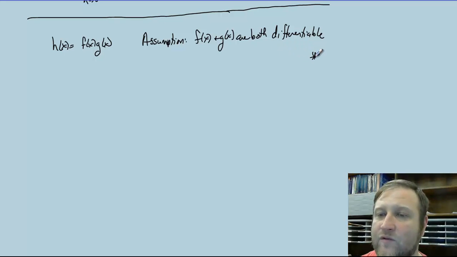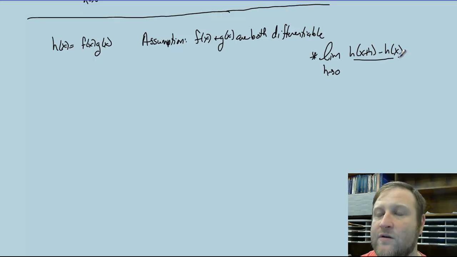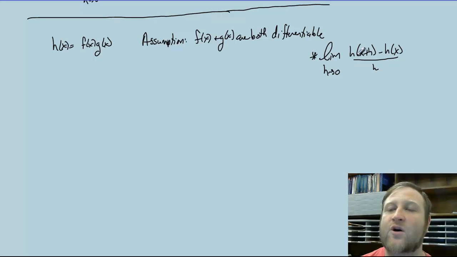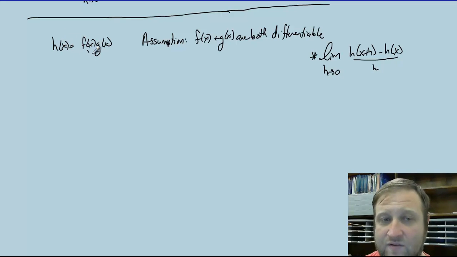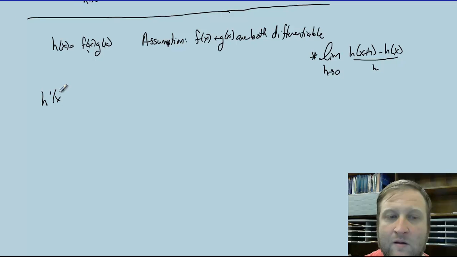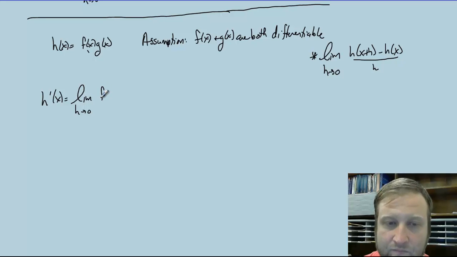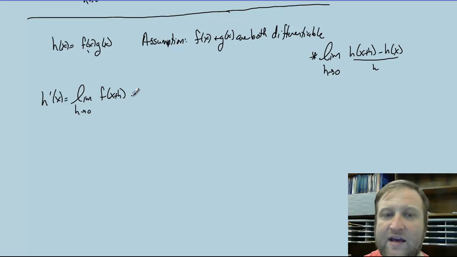So I'm just going to put the rule over here, and I'm going to apply that using h of x being our function. So we're going to have h of x plus h minus our original function all over h. We said let h of x equal a composition of f of x times g of x, so we have two different independent functions being multiplied together. Our derivative h prime of x will be equal to the limit as h approaches 0 of f of x